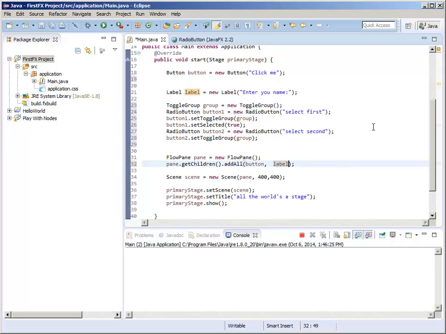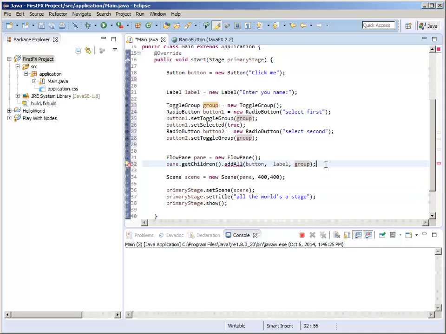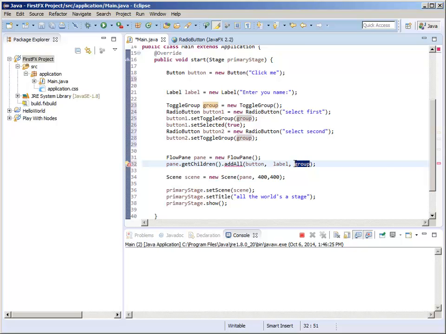Now what will we add to our pane? I would think that we would add the group. Oh, no, we can't add the group. Let's go back and find out how we add it to a pane. Well, it looks like we add the buttons themselves, the radio buttons,